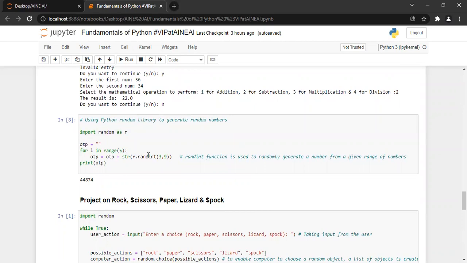Now the next program uses the Python random library to generate random numbers. For example, sometimes we get an OTP on our cell phones, and it is different each time it comes to our phone. So to generate a random OTP,